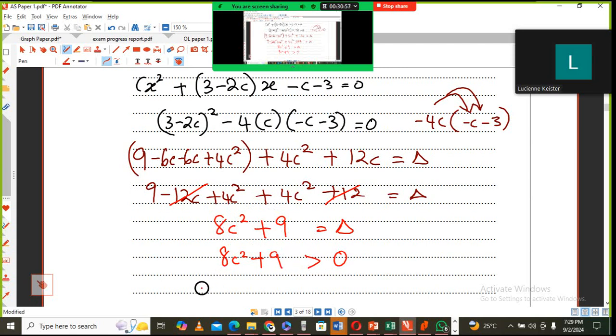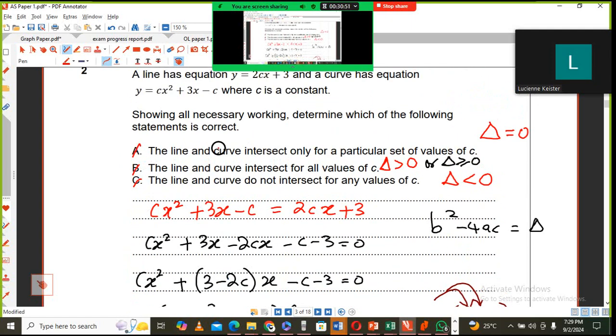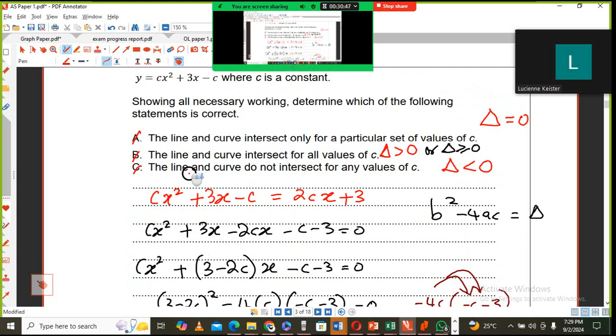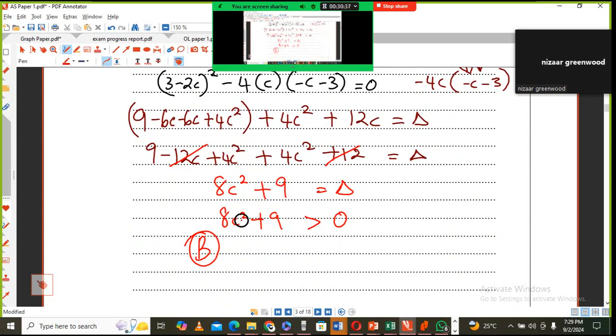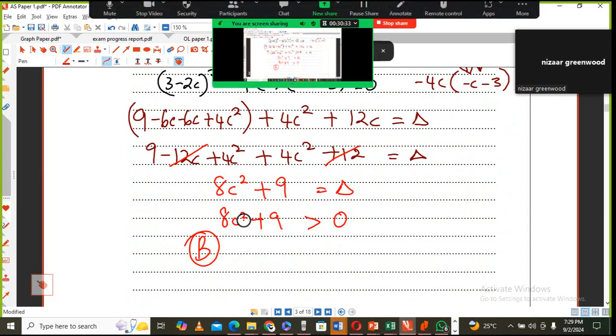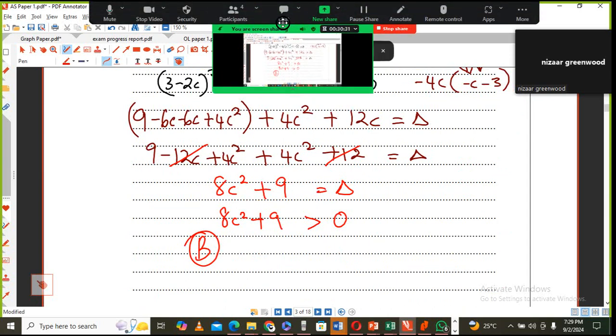So the correct one here to choose is B, because they are asking which one of these three will determine the correct statement. This one in black will not work because it says that the discriminant can also equal 0. But since c is always a square number, and you are multiplying something with that square number, and then you are adding more,